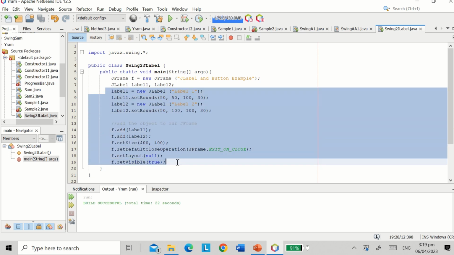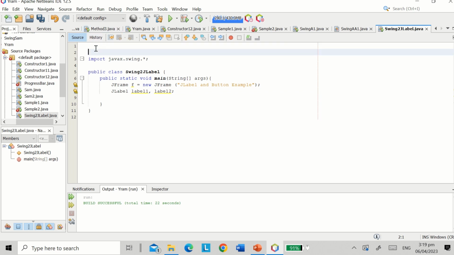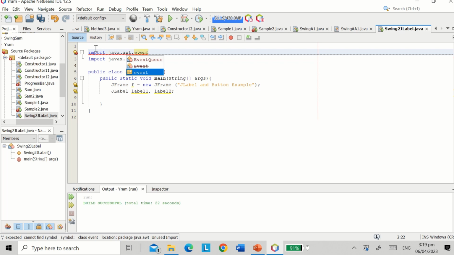Let me delete this, and let us have our JButton. So import java.awt.event.*